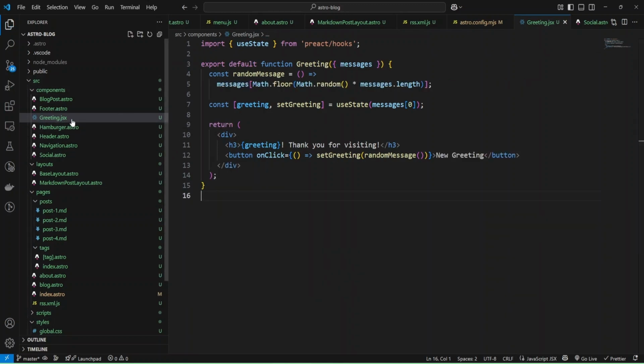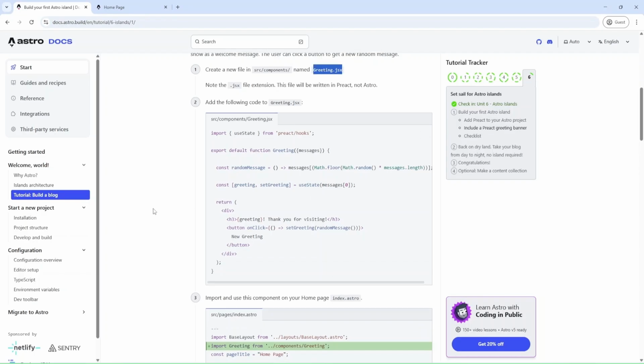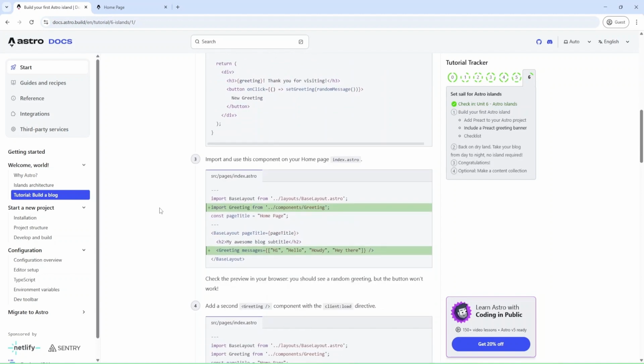As you can see, we have now JSX. It's some React extension, and previously we have Astro. And let's check what next. And next we can add our component to our index page. Okay.